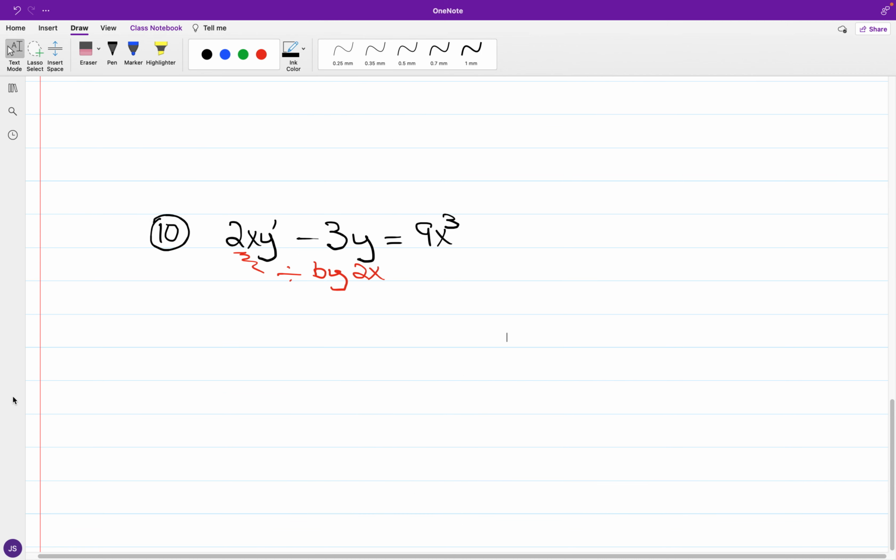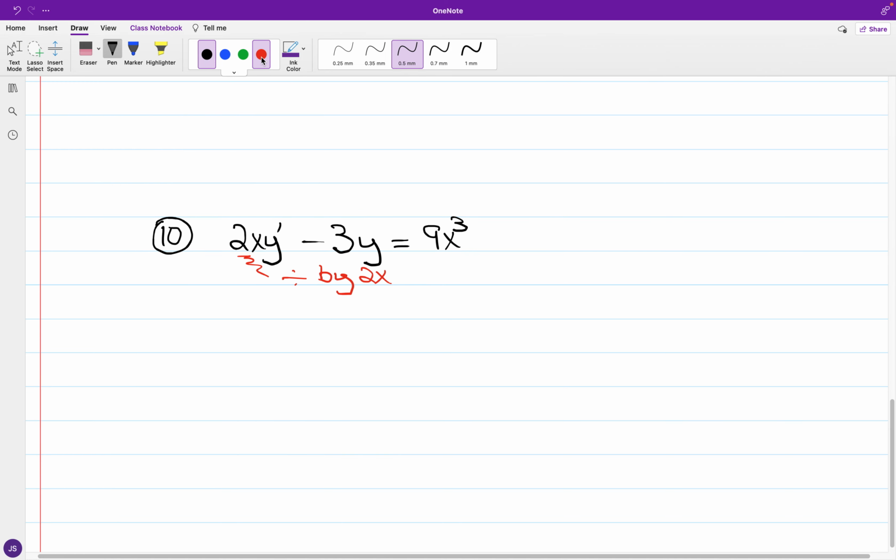Okay, for what we have in the case of number 10, we have a first order linear differential equation, and we don't have this presented in standard form yet. So taking care of the coefficient alongside the first order derivative, where we have change in y with respect to the change in x, we got 2x that we can just take care of upon dividing. So in the rewrite, I'm just going to once again rewrite y prime in terms of Leibniz's notation. So we have dy over dx minus